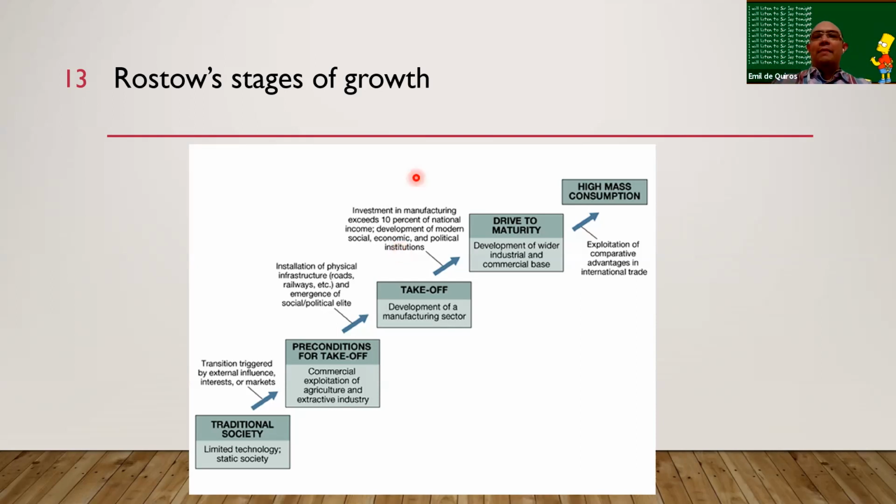Then you eventually reach high mass consumption. Then you start to sell and be more competitive in terms of exporting to other countries like Germany, like the US. Silicon Valley started exporting even their technology. And then because people become affluent, there's high mass consumption. And then the producers are incentivized to keep churning out goods because people are rich. They can afford to buy. It creates that virtuous cycle of production of goods, including luxury goods, and people buying. So it reinforces each other. So that's the high mass consumption.